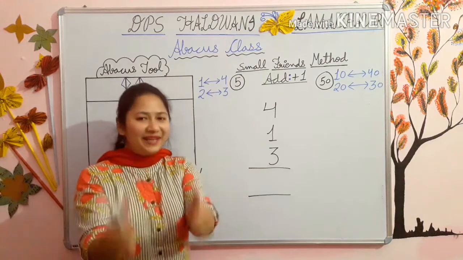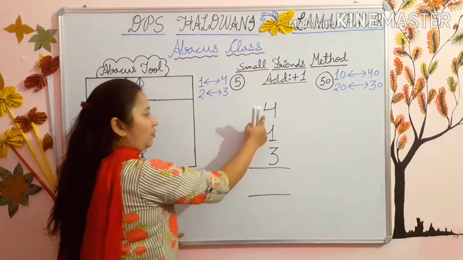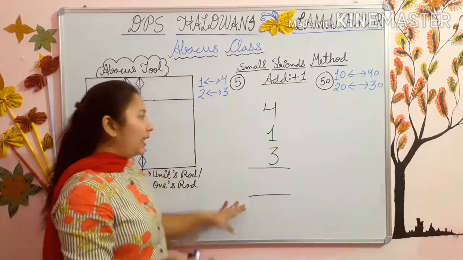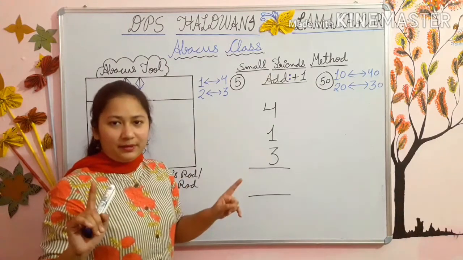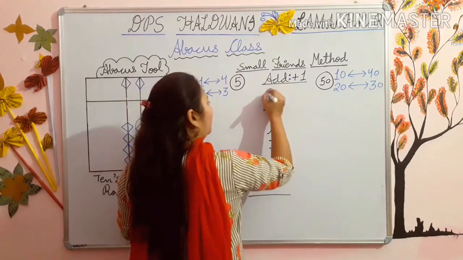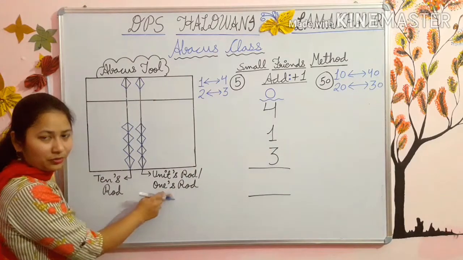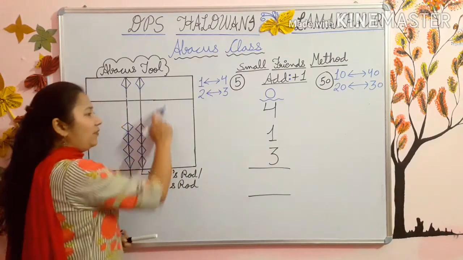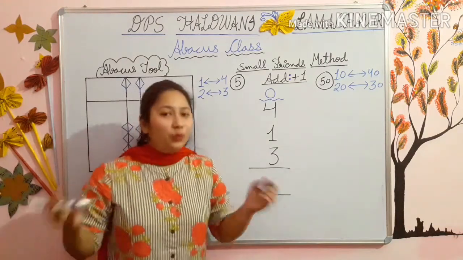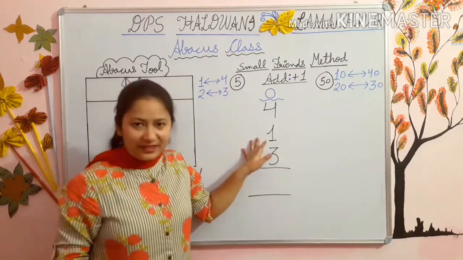Okay kids? Very nice. Now kids, as you can see here, there is 4 plus 1 plus 3. Now you can see that these are all one digit numbers. Means we will put these numbers in the ones rod. You can say ones rod or units rod also. So in this rod we will put this number. Now you will think that ma'am, it's very easy. You have told us this before. But kids, there is one difference here.